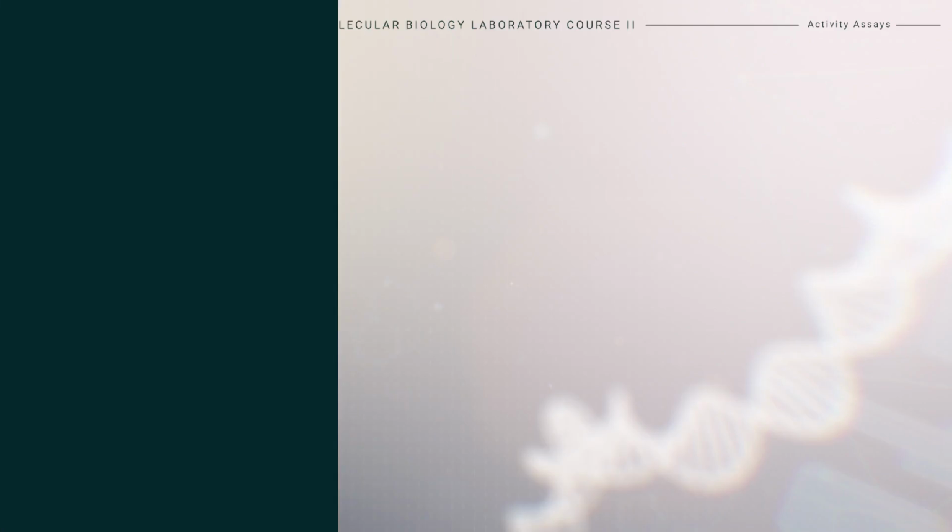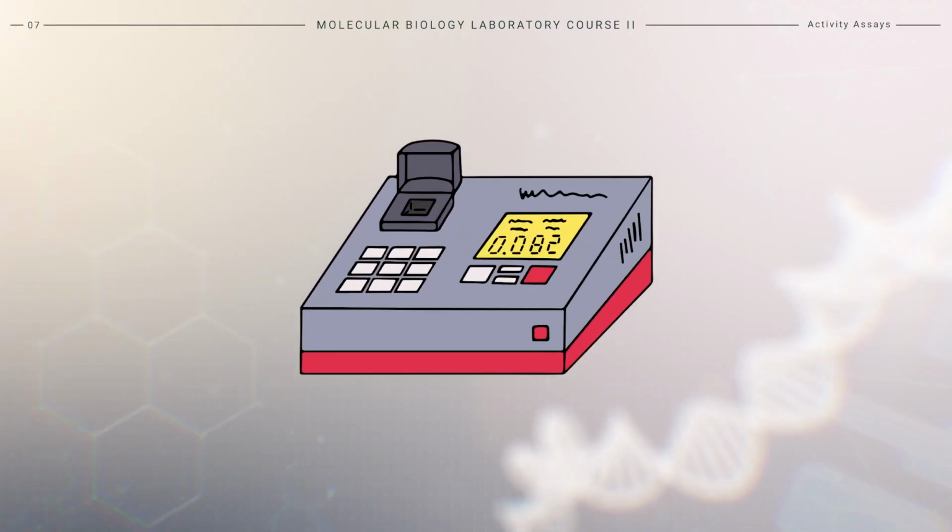In many cases, we can use such assays to follow enzyme reactions in real time. Photometric assays can be used when the substrate, product, or cofactor involved in an enzyme reaction absorbs light. These assays are widely used to study enzyme kinetics, such as reaction rates or substrate conversion. To perform photometric assays, we typically use an instrument called a photometer.